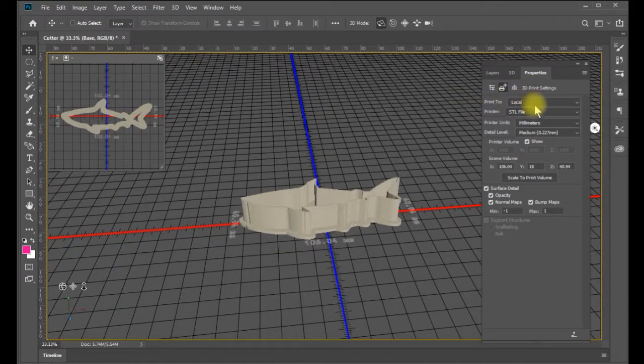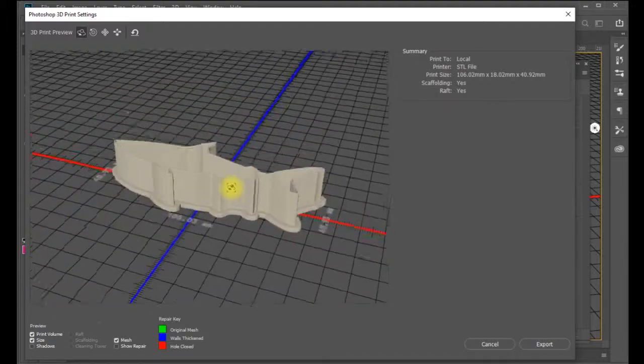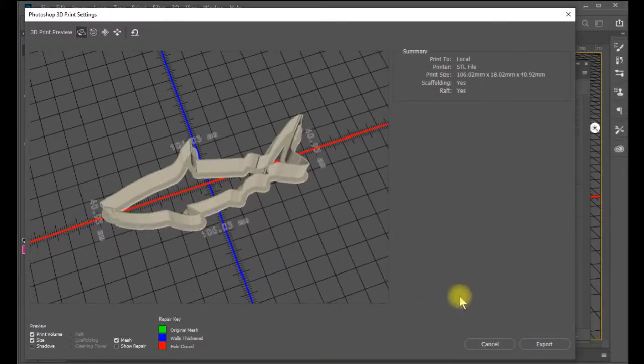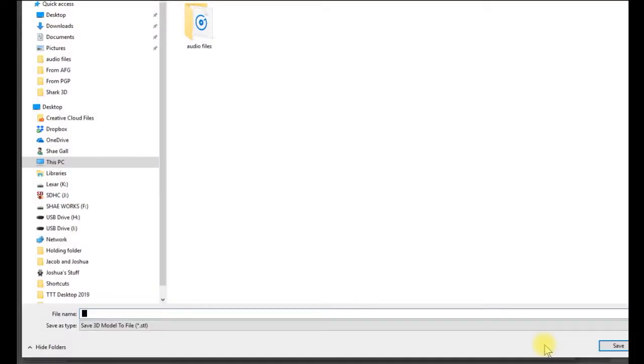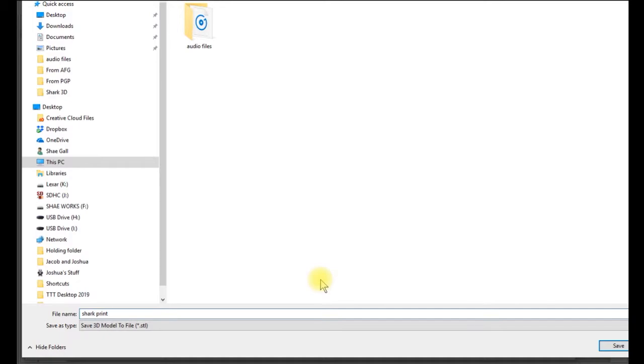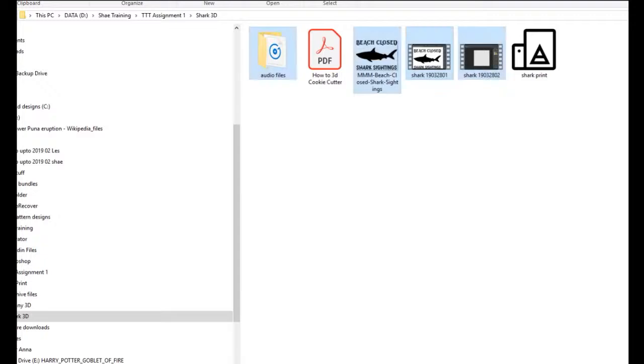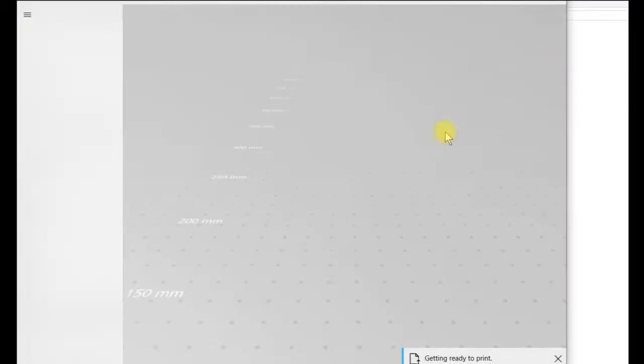For our print settings, print to local, STL file, millimeters and medium. Down the bottom here we have a start print button. Click that. Once that's done, we can see it here in our preview, and then click export, and we're going to call this Shark Print. Save. When I go into that document, there's my file, my 3D object. If I double click on that,